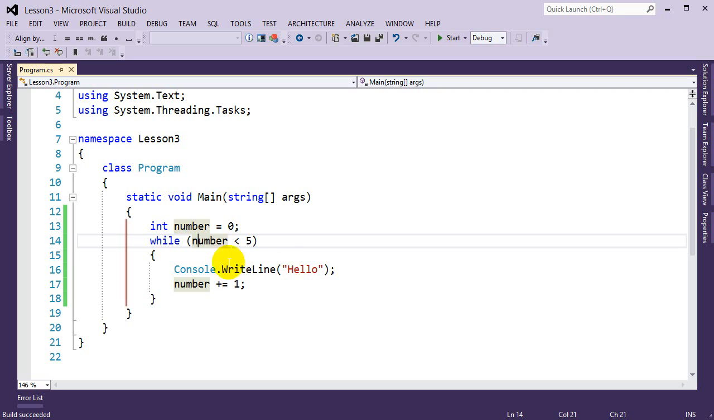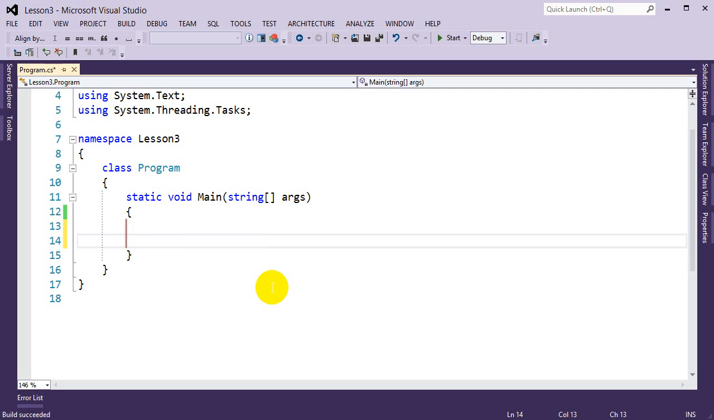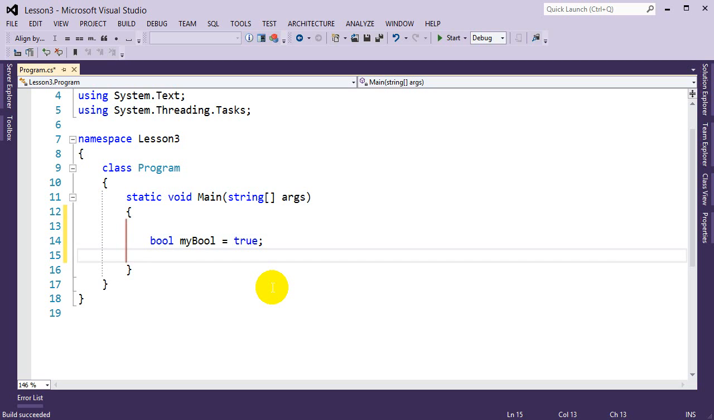bool operator itself. So let's say I had a bool variable called my bool and said it's equal to true. Since it's a bool value and it always evaluates to true or false, we could just use this in a while loop also if we wanted to do a while loop based off of a condition. So we could say while my bool equals true,